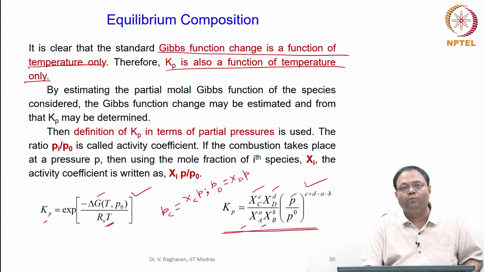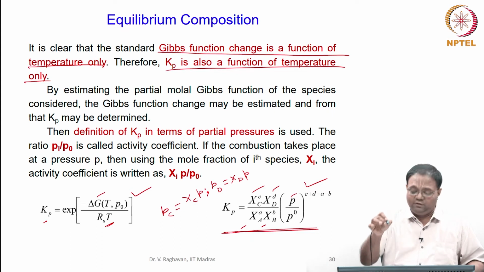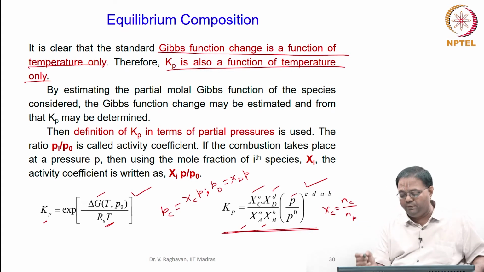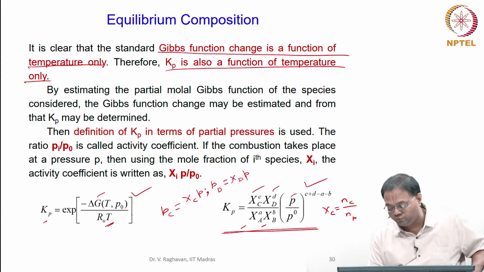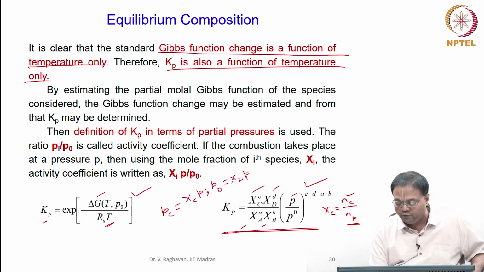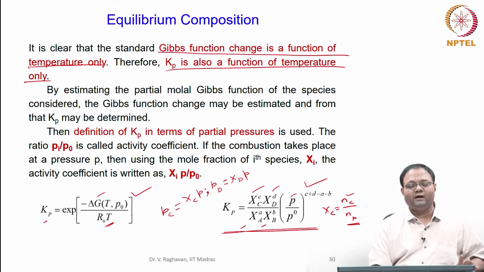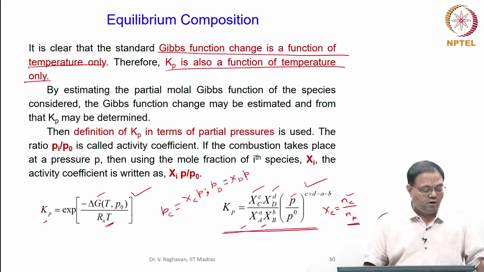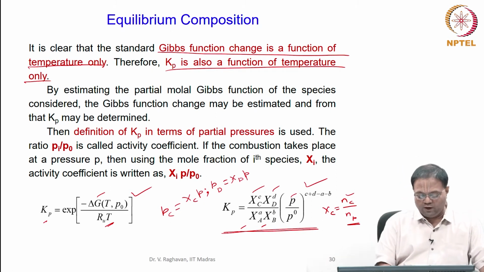Mole fractions can be written in terms of the number of moles of a particular species. For example, the mole fraction of C can be Nc divided by N total, or Np I will say, that is the number of moles of the product, where Nc is the number of moles of C. So, Xc will be this. When you substitute, you can also write this equation in terms of number of moles, correct. So, straight away you can write the equation in terms of number of moles of A, B, C, D, E, what we saw earlier. Once you do that, we can calculate.